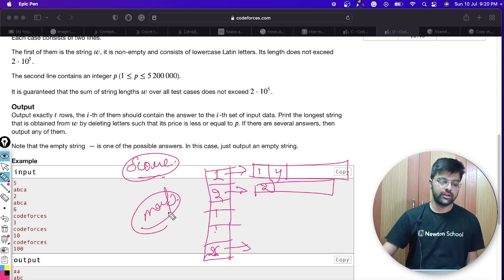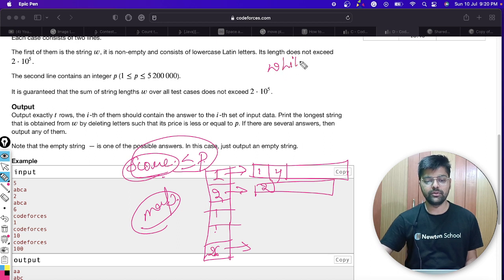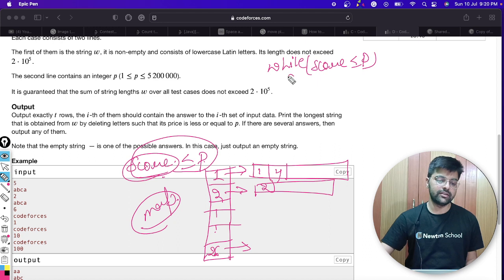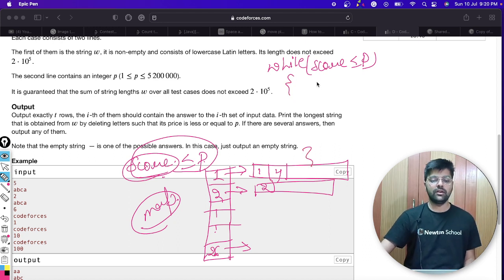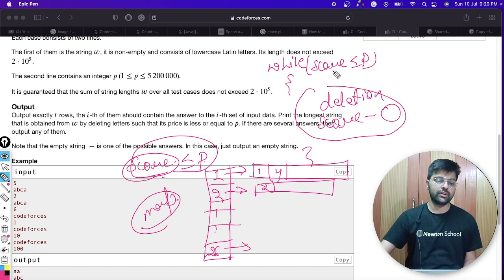Now we need to decrement the score till the score is less than or equal to p. So I will have a loop while score is greater than p, and in this we will do the deletion process, and from there the score will decrease by some value. This will run until the score is less than or equal to p, and then we will get our string, right?